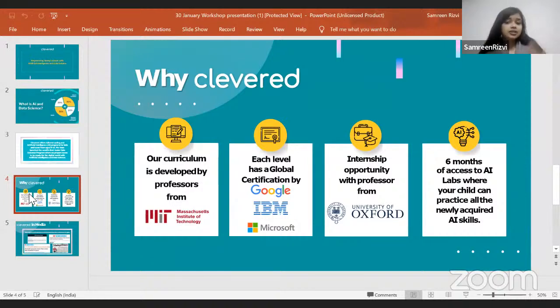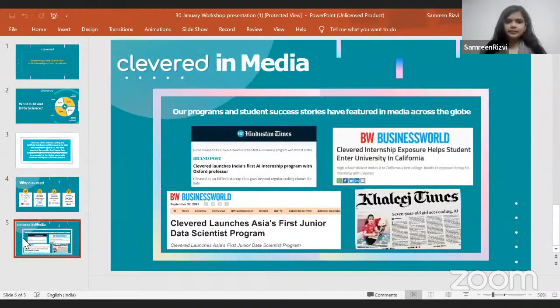Then the students get an internship opportunity with a professor from the University of Oxford. And with AI Labs, even if a student is not continuing with us or has taken a break, they will have 6 months of access to all the curriculum, content, and code, where they can practice and acquire new skills of artificial intelligence.